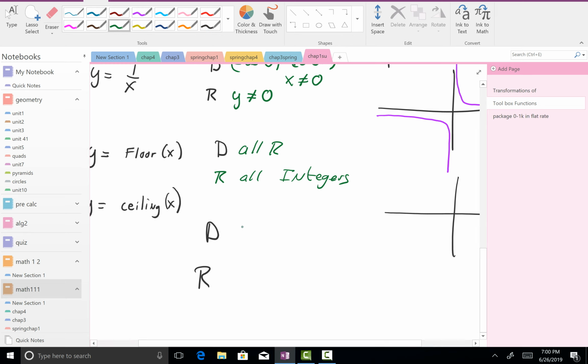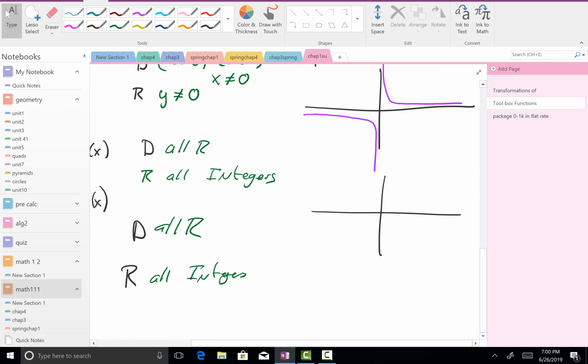Okay. So what do we mean by that? If I say, hey, I want to know what the floor is of 3.4, what is that going to spit out to me? 3, because it's rounding downward, okay? Ceiling,